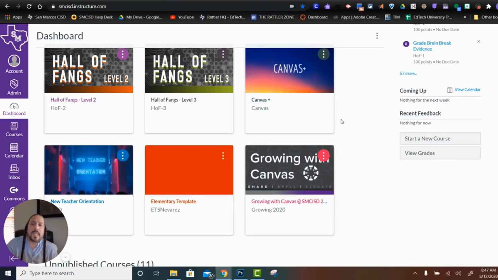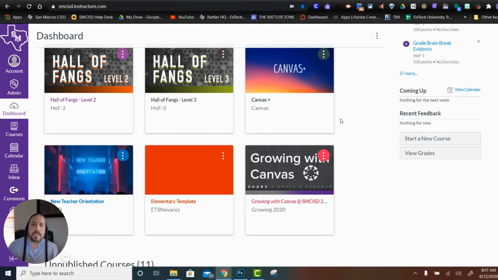Now, we call it Sandbox because what do you do in a sandbox? You play in it, right? You build things, you try things out, and it's a place to work without messing up anything with your true eSchool courses, okay? And I highly suggest building a Sandbox course for any prep that you have and for whatever